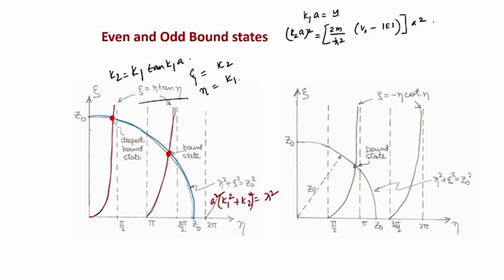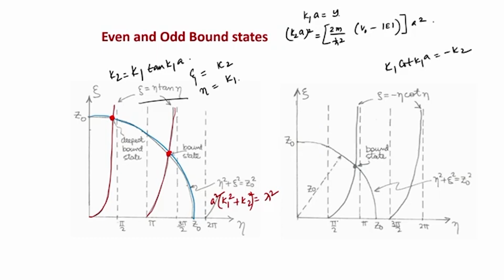So this is the deepest bound state, and this is another bound state, and so on. We have shown two of them. The greater the depth of the well, the more bound states there will be. And for the odd problem, which corresponds to k1 cot k1 a equal to minus k2,